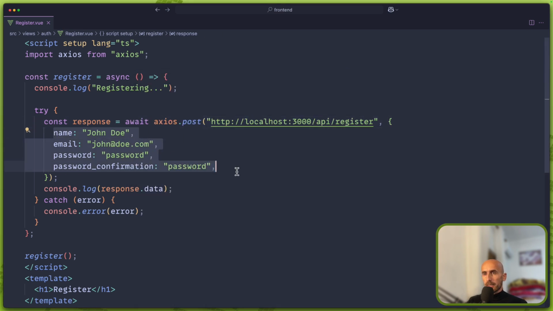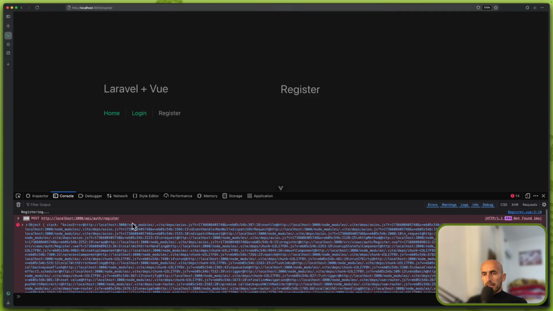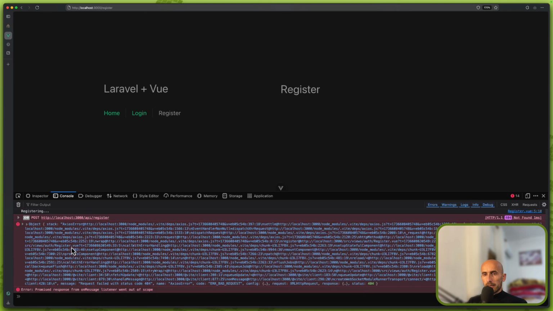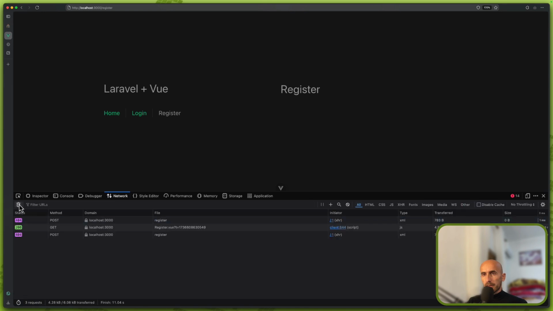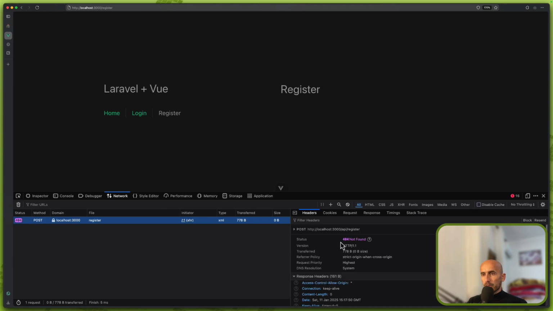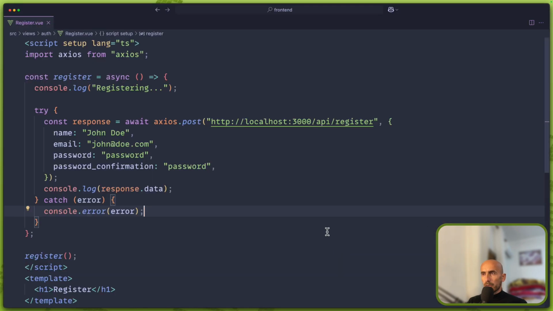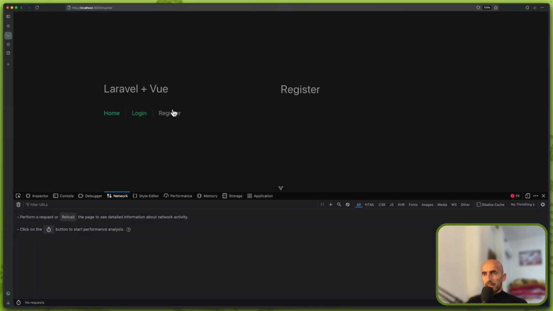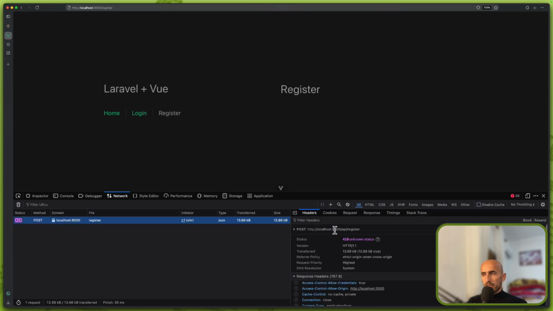We sent the name, email, and password confirmation. And here we console.log the data or the error. And right now we have this error. Okay. If I go to network, go to login, register, and then we have 404 not found. And why 404? Not 3000, 8000. Sorry about that. So now we have 419, which is the